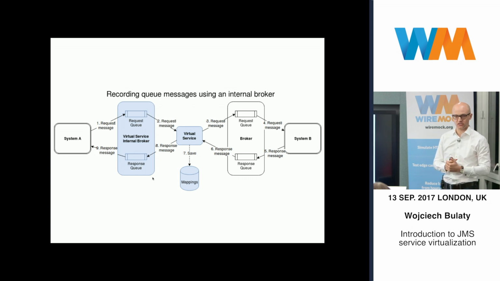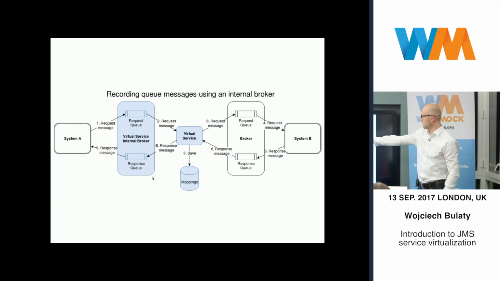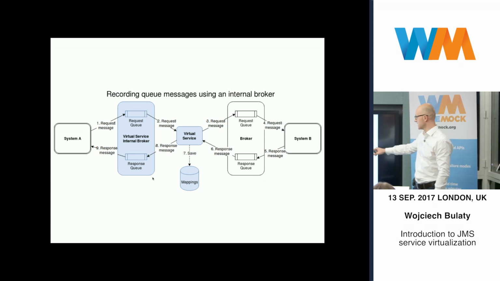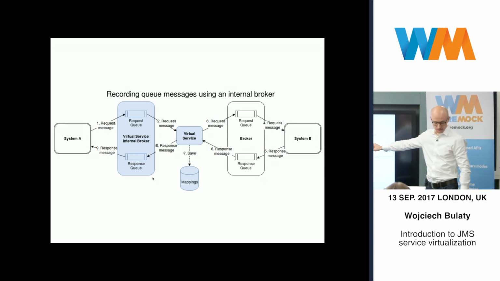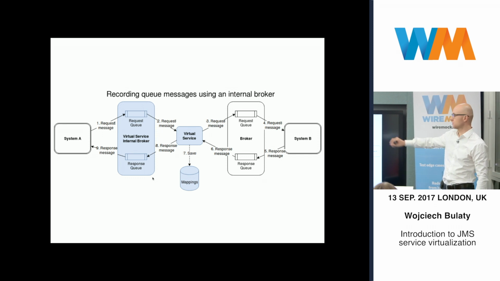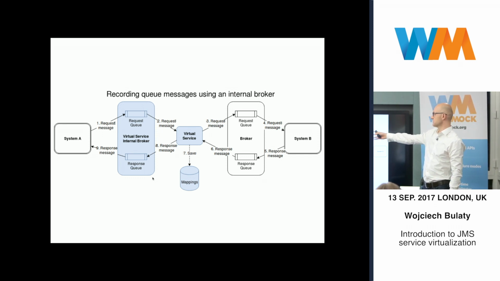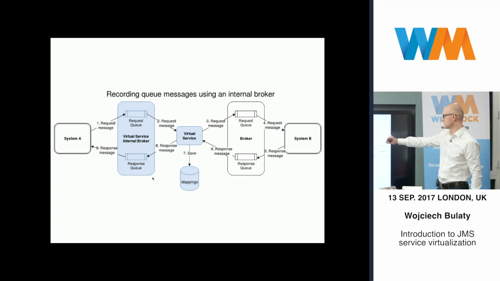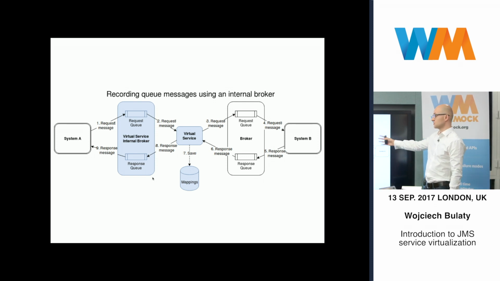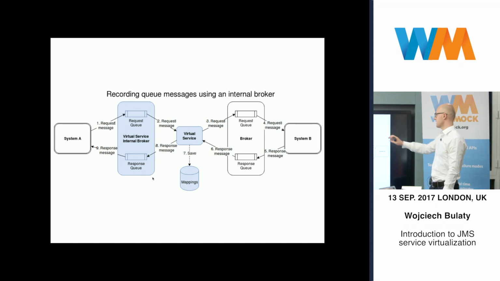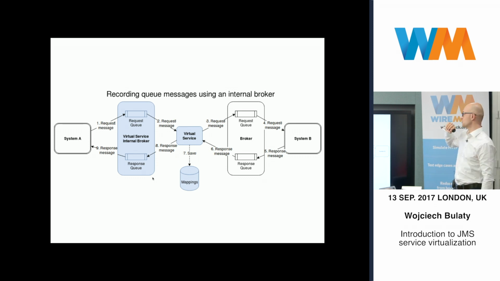Proxy messages and record them in the meantime. So what we're going to have is the white stuff from the previous slide, and we've got this blue bit, the virtual service bit in the middle. So what's going to happen is System A is going to send a request message to the virtual service request queue. Then the message is going to be consumed by the virtual service, and the virtual service is going to say, I've got the request message, I'm going to remember that. Then the virtual service is going to forward the message to the request queue on the original production broker, sorry,